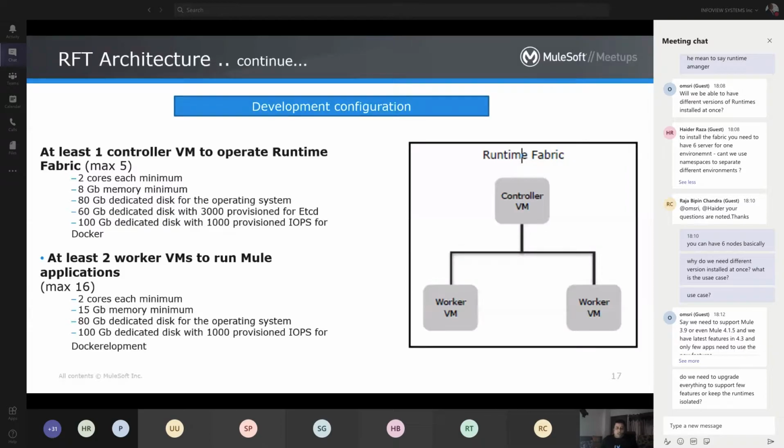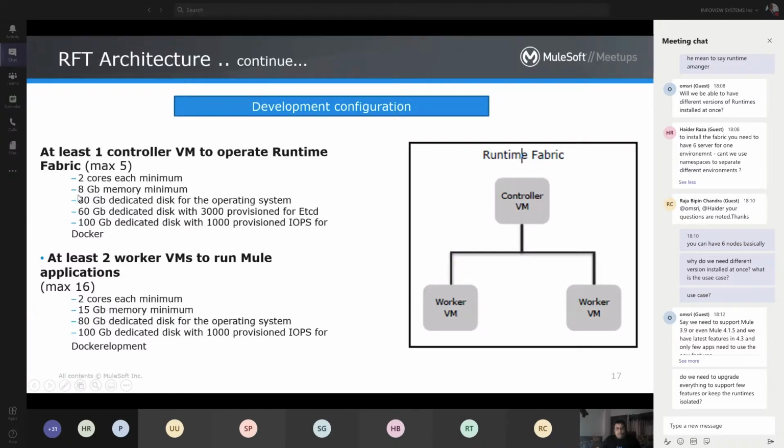There is a structure and recommendation from MuleSoft, a restriction, to have at least 2 worker VMs and 1 controller to use Runtime Fabric and associate it to the CloudHub control plane. Here you can see at least 2 cores each are the minimum, and the controller should have at least 8 GB memory.